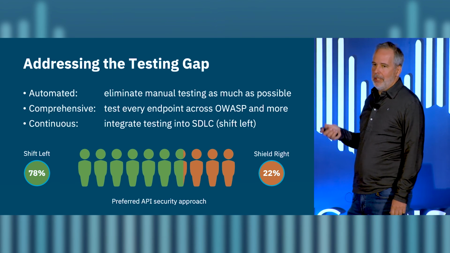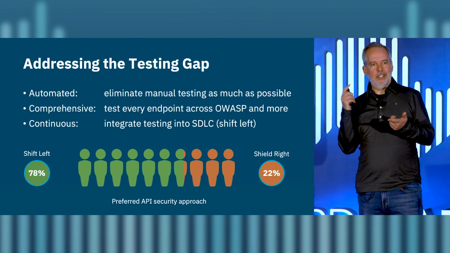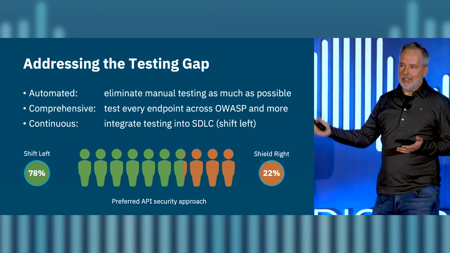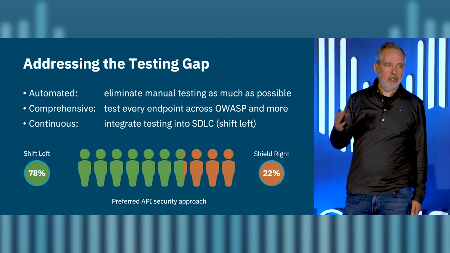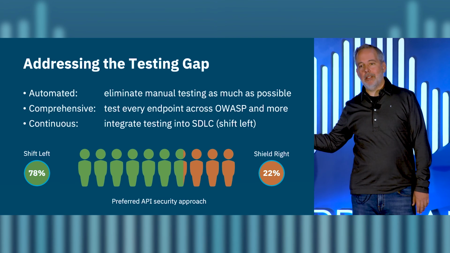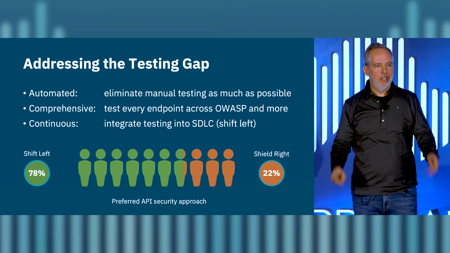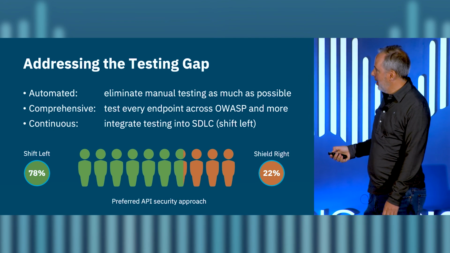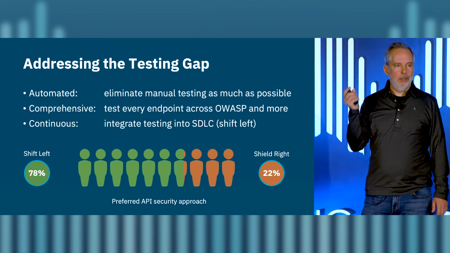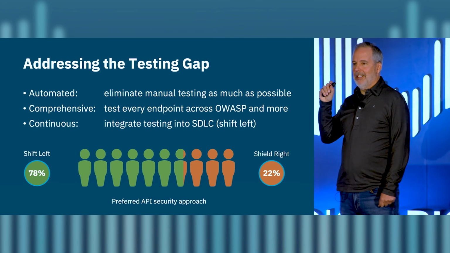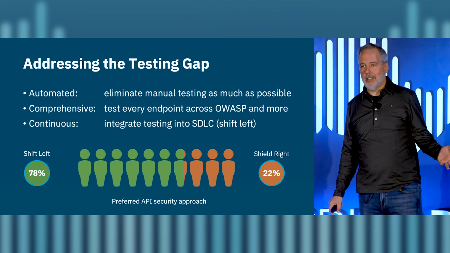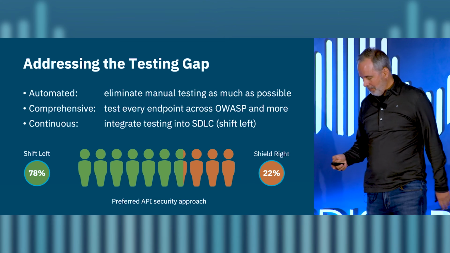So think about it. You've got an API with 100 endpoints, and you want to test authorization, authentication, data exposure. You want to do CORS, headers, rate limiting, fuzzing, injections, and all these things. Take all those, multiply by your endpoints, and you've got thousands of permutations. So we've got to use some sort of clever test generation capability, and it's got to be integrated and continuous. If you do a nightly build, then you should be testing it nightly. You would never push code live that hasn't been functionality tested. The same is true for APIs.